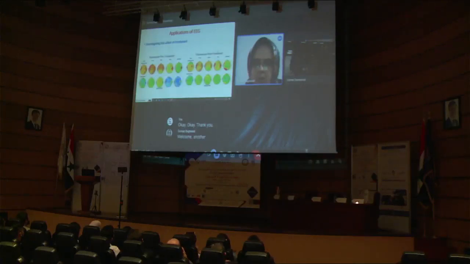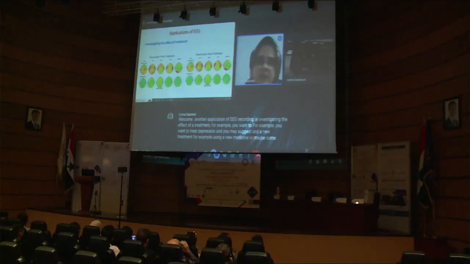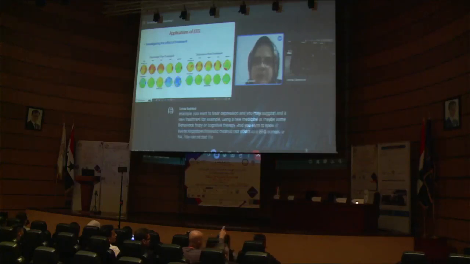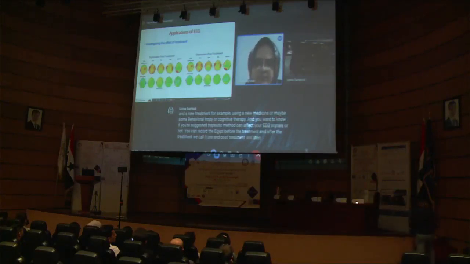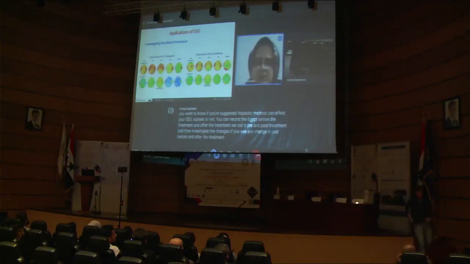Another application of EEG recording is investigating the effect of a treatment. For example, you want to treat depression, and you may suggest a new treatment, for example, using a new medicine, or maybe some behavioral therapy or cognitive therapy, and you want to know if your suggested therapeutic method can affect your EEG signals or not. You can record the EEG before the treatment and after the treatment. We call it pre and post treatment, and then investigate the changes. If you see any changes before and after the treatment, you can say that your treatment has some effect on